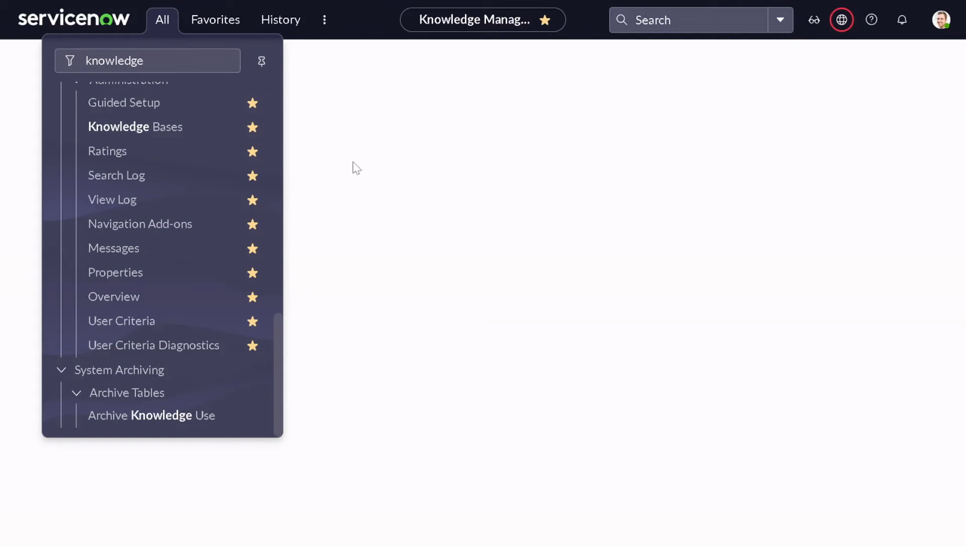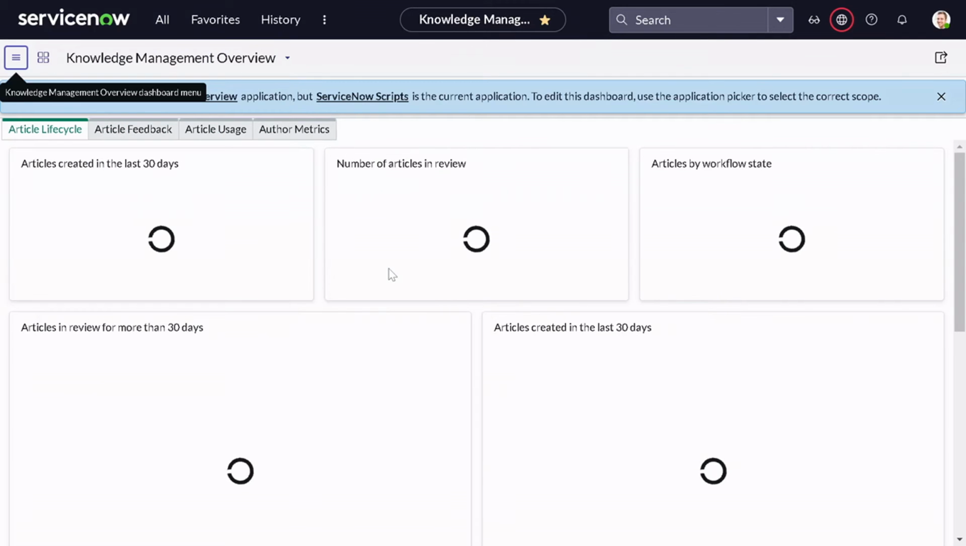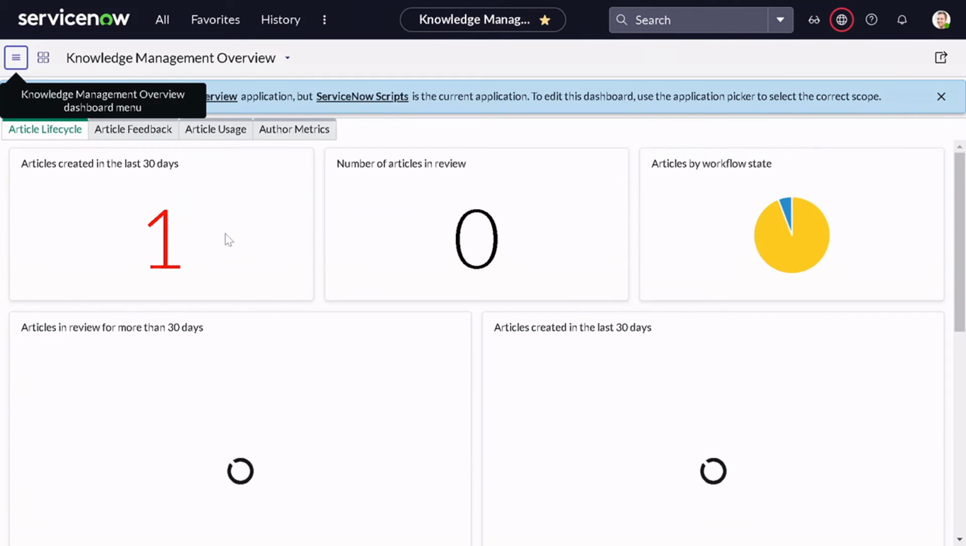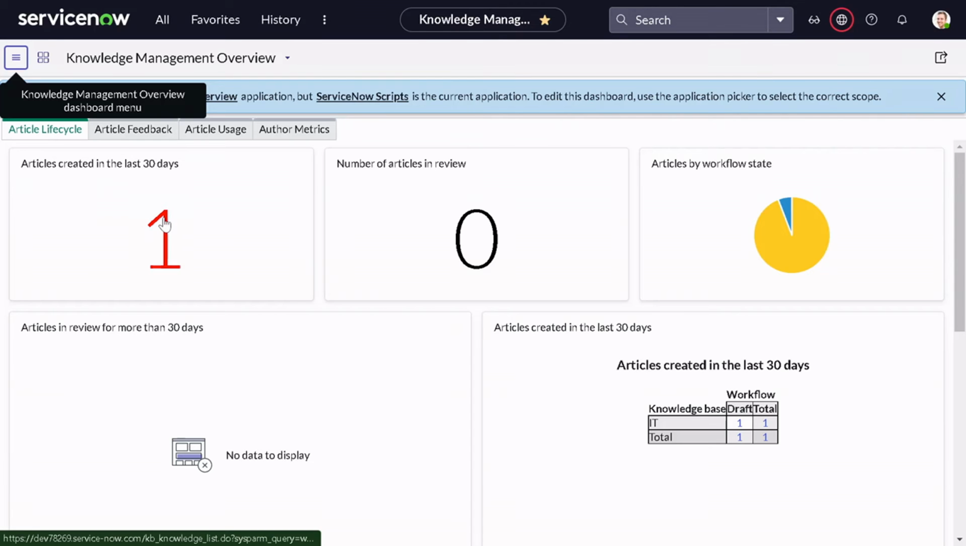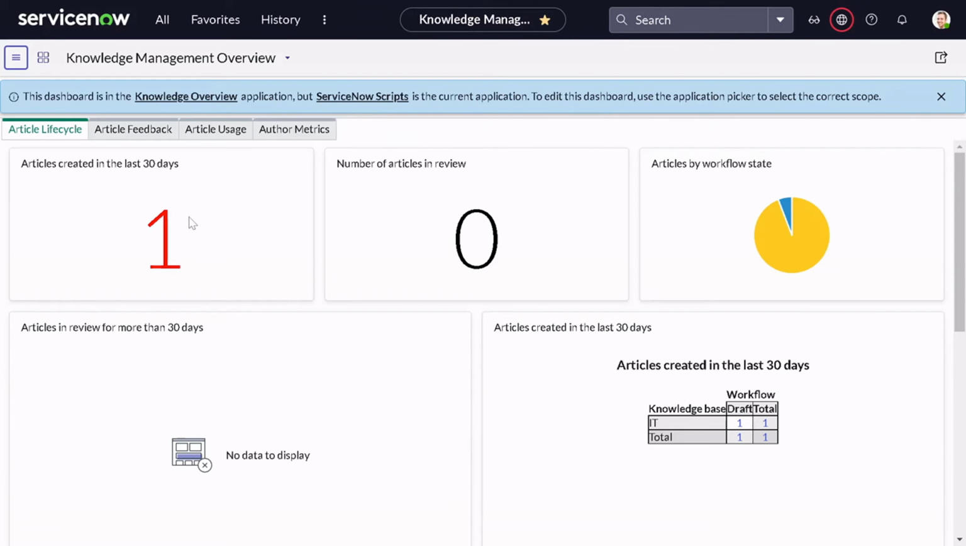Whenever it takes some time to get it loaded, understand that it's kind of a dashboard. Here we can see article lifecycle, article feedback, article usage, and metrics for the same. In the last 30 days, one article got created, the one which we just created before. That's the number of articles in review and all those things. So it just provides the analytics